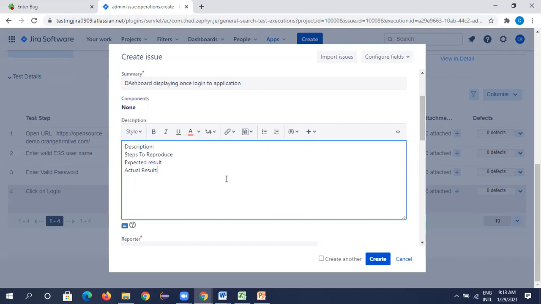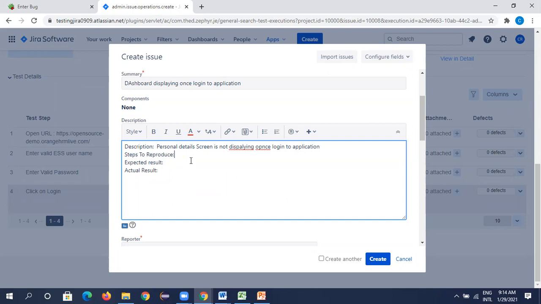Okay, your manager may expect these steps. So what is the description of this? Description is like personal details screen is not displaying once logged into application.